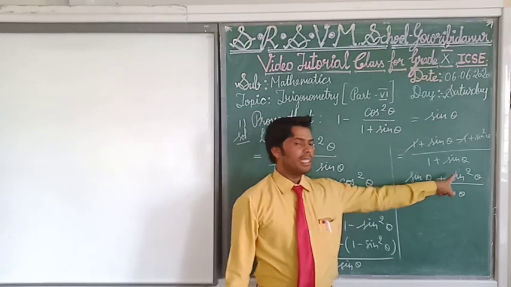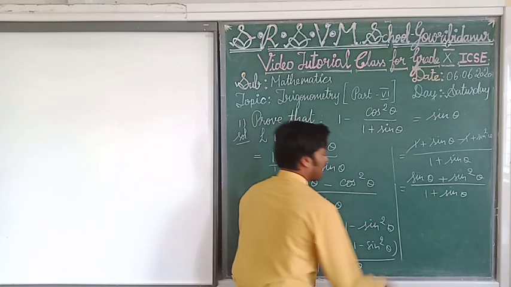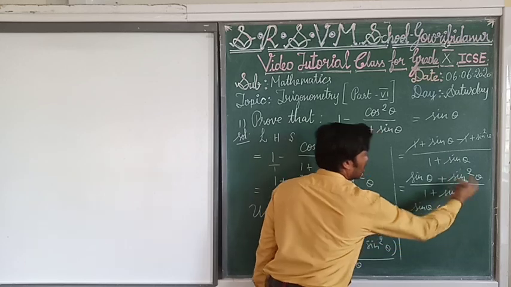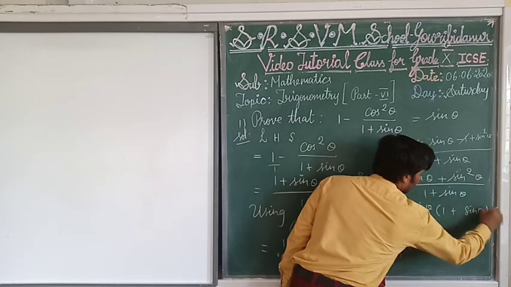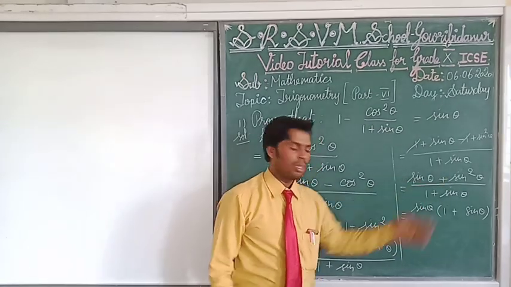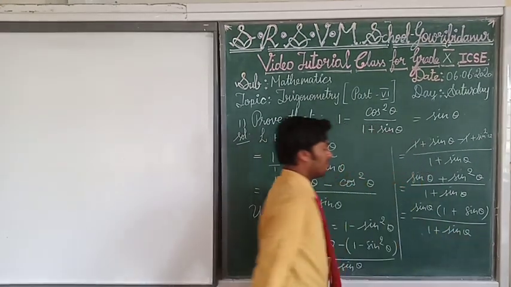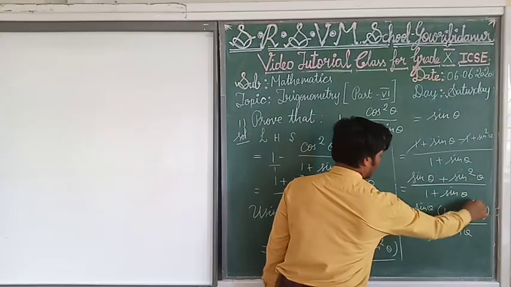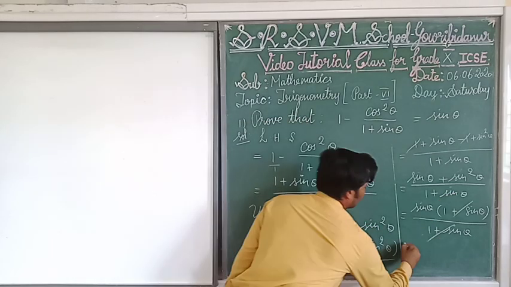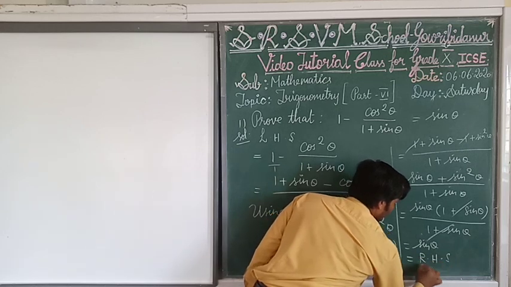In this one you see sin theta is common. Here sin theta into sin theta is there, which is sin square theta. So sin theta you take outside. Taking common means sin theta of here one time is there, plus here already one time over means sin theta. Understand? Fine. So taking sin theta common, if you multiply again you will get this one. So whole divided by 1 plus sin theta. Now you see 1 plus sin theta, 1 plus sin theta cancel down, because we can cancel only multiplication. So finally we got sin theta. That is nothing but RHS. So hence proved.